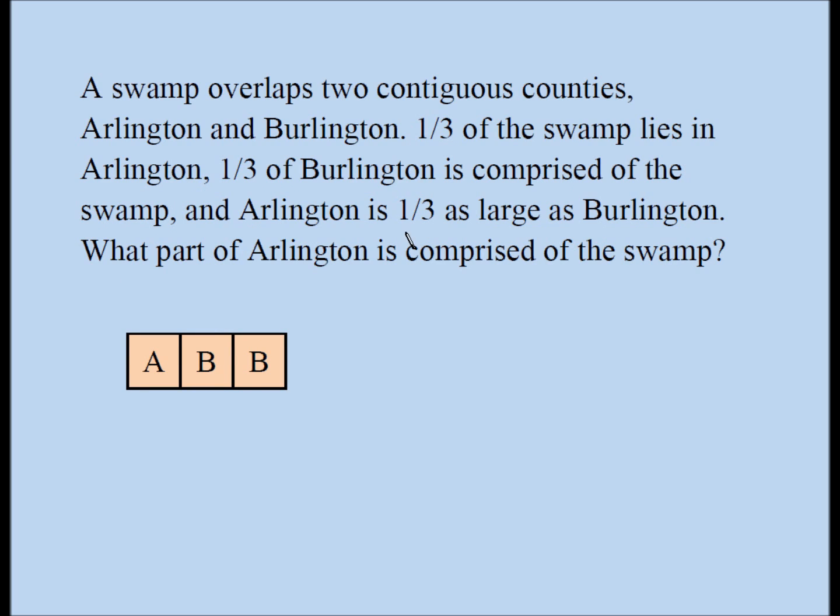So the first fact is this: one-third of the swamp lies in Arlington. That tells me two-thirds of the swamp lies in Burlington. And if this is one-third of the swamp that's in Arlington, A stands for Arlington, and two-thirds of the swamp lie in Burlington, B stands for Burlington. One part in Arlington, two parts in Burlington, and this whole thing is my swamp. Now, this statement